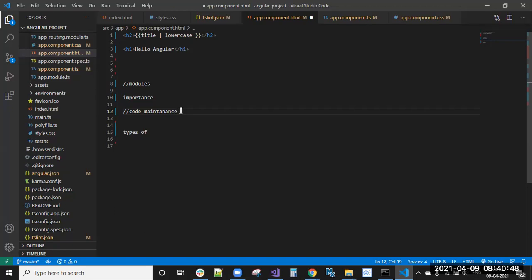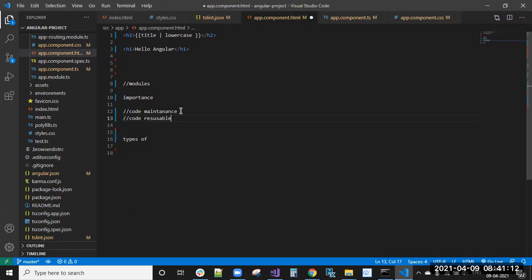So it gives easy code maintenance and code reusability. The footer module we have written in this application you can use in the next application also. You can just copy that entire module and use it in any application.